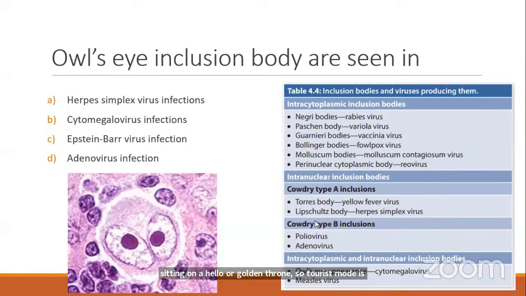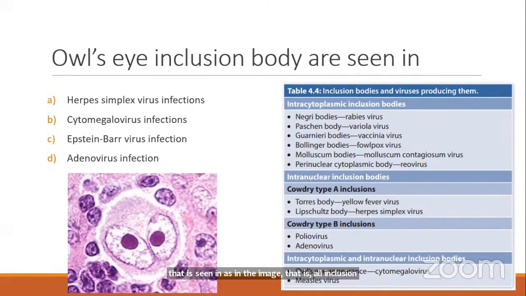Then Lipschütz body is seen in case of herpes simplex virus. Then Cowdry type B inclusion in case of polio and adenovirus. These are least asked, but these two things are very important. Both intracytoplasmic and intranuclear, as in the image, that is owl eye inclusion body, seen in case of